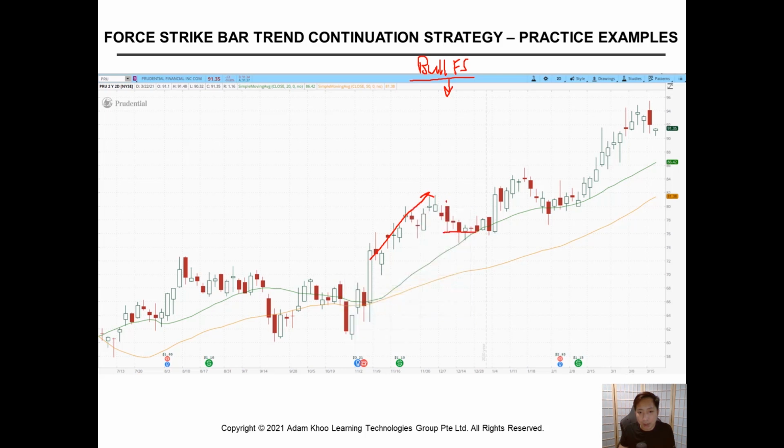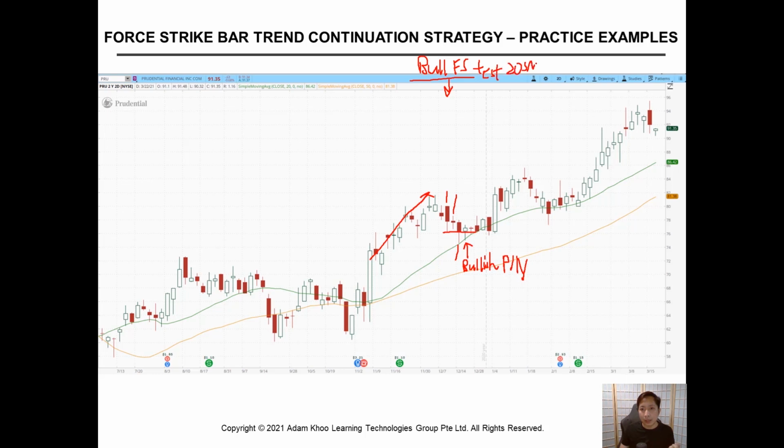Okay, you can see this is a mother bar, baby bar. You only know there's a mother when there is a baby. So this was the inside bar, but the third bar goes below the mother bar low. The fourth bar closed back as a bullish bar, we call this a bullish pin bar within the mother bar range. So this is executable. Executable means you can trade it, right? Once it forms, this confirms the bullish FS